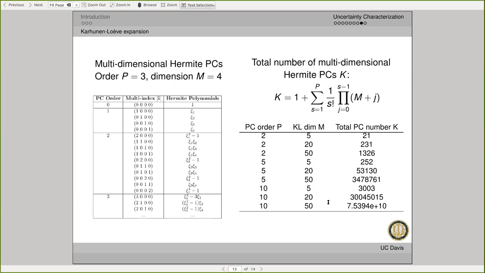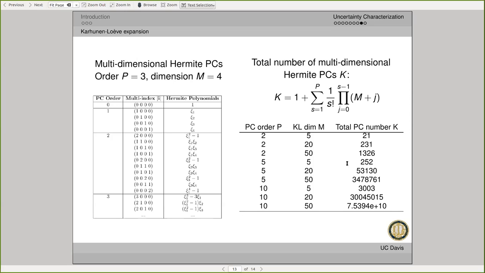And so here I present a formula to calculate the total number of the Hermite polynomial chaos bases with a given dimension and a given order. As you can see, we have a factorial here, which means the number of Hermite polynomial chaos can grow very fast if you increase the dimension or the order. Here is the table to show how fast they can grow. If I have a PC order 2 and I increase the dimension from 5 to 15, your total number of PC can increase from 21 to 1300.